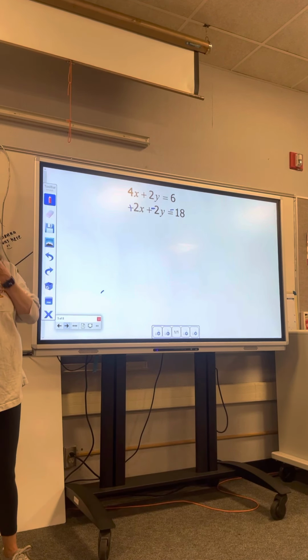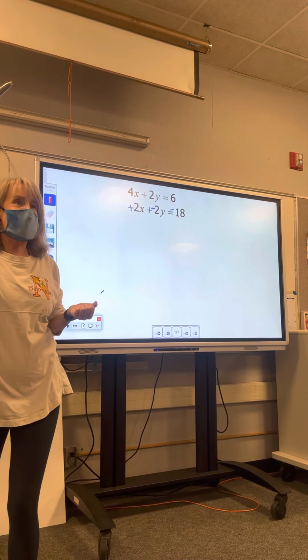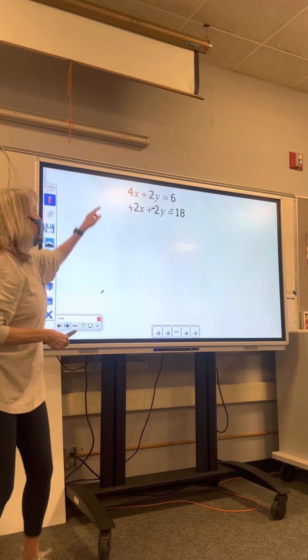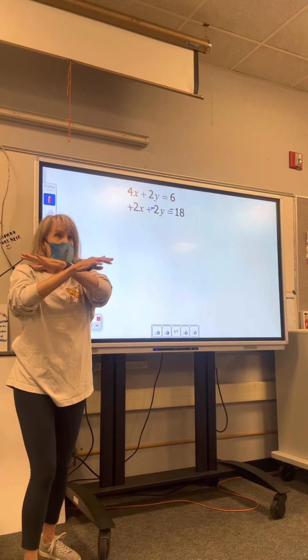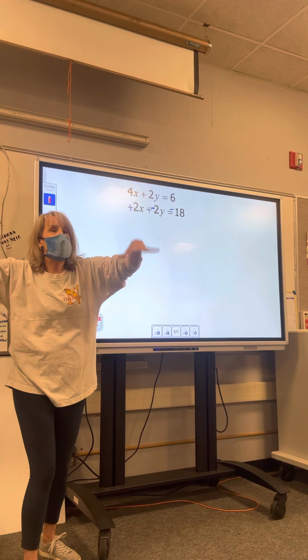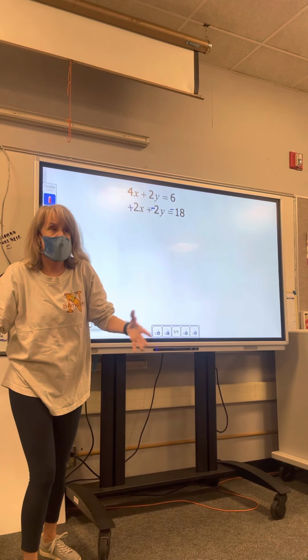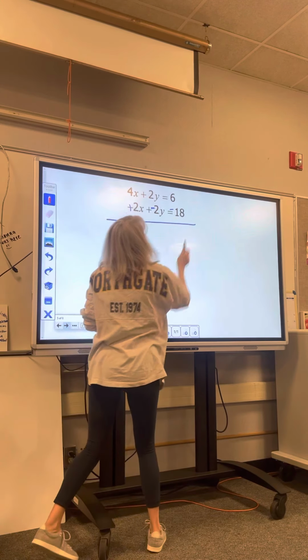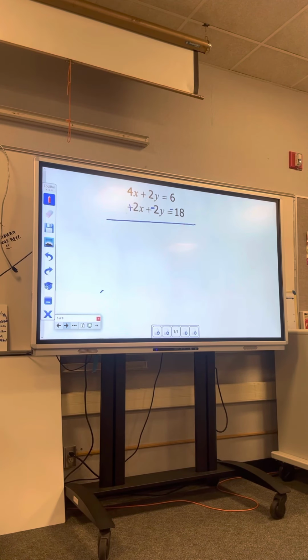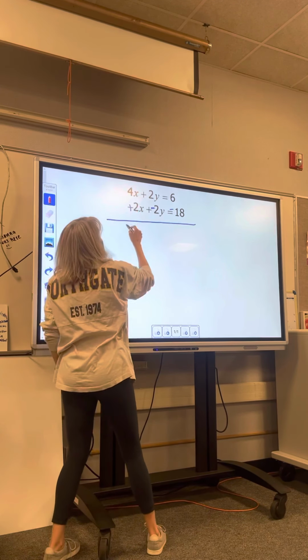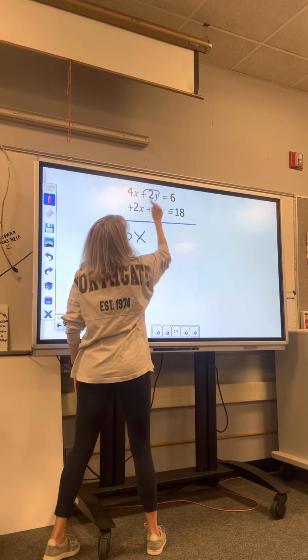Now let me ask you this. Am I giving Miss Landry's class money? No, I'm not. So I don't have to change the top guy. If I change one guy in an equation, what keeps it balanced is changing every guy, right? So now, are they lined up? Yes. Do they have matchers? Yes. Are they opposite signs? Yes. Here we go. 6x,